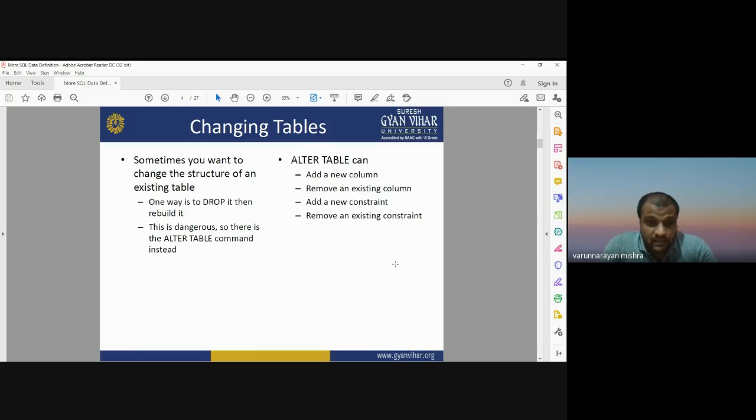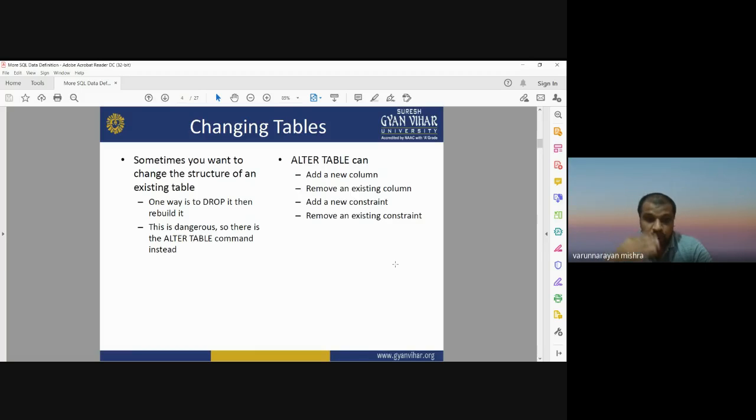While the ALTER TABLE command facilitates you to add a new column, to remove an existing column, to add new constraints or remove an existing constraint. So if you want to change anything in your table, if you want to add a new column, if you want to remove an existing column, then always use the ALTER TABLE command and don't go for the DROP TABLE command.